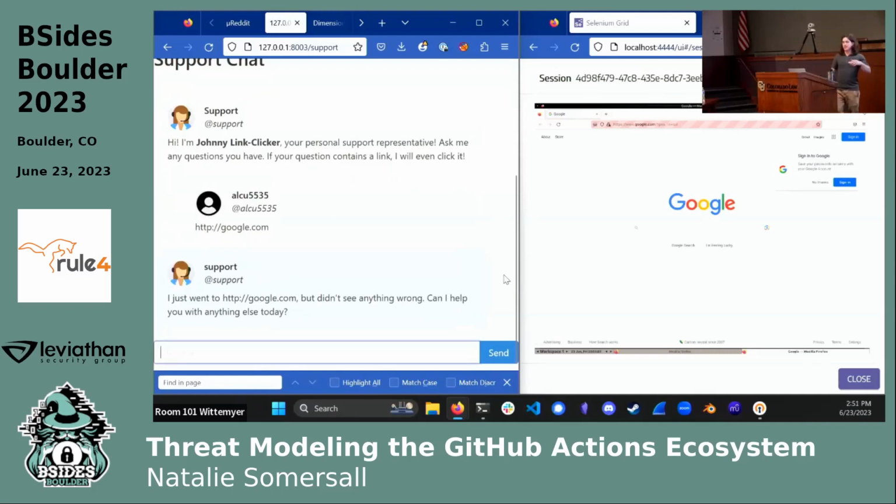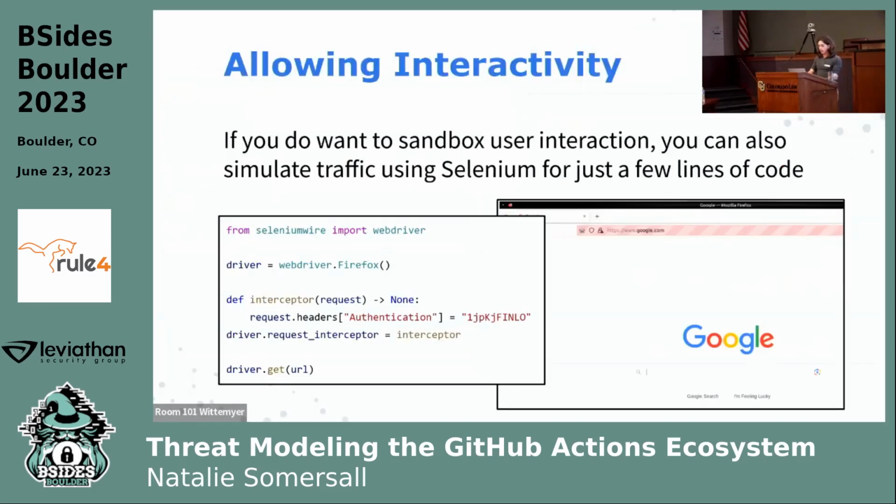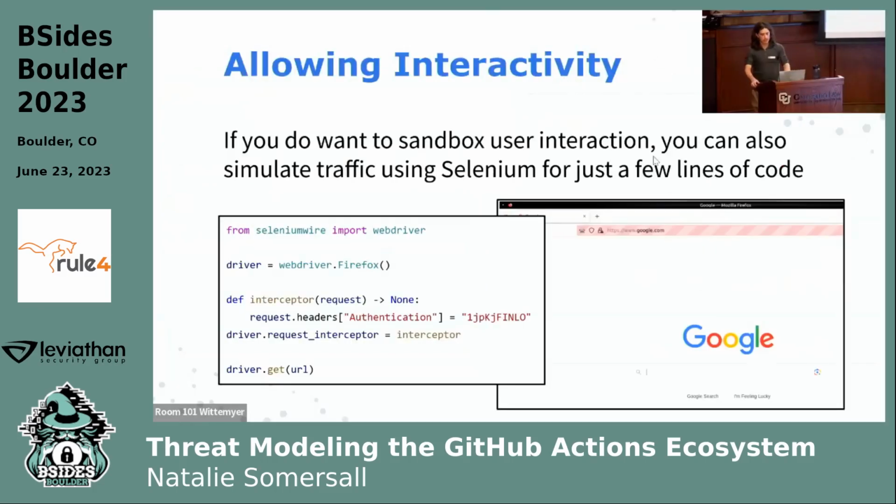And so the idea here is, there was a whole cross-site scripting component to it. So you could get the support staff to actually click links using cross-site scripting, and they would actually load up in a browser and do that whole thing. So it's a fun way of doing that if you don't want to have everyone be in the same environment. However, I would not say that this checks the box for super easy and fast to deploy. This actually took a little effort. But if you want that high interaction demo where bots will also click links and stuff for you,